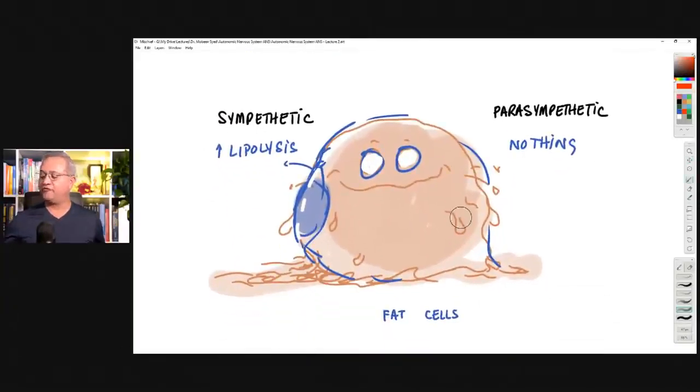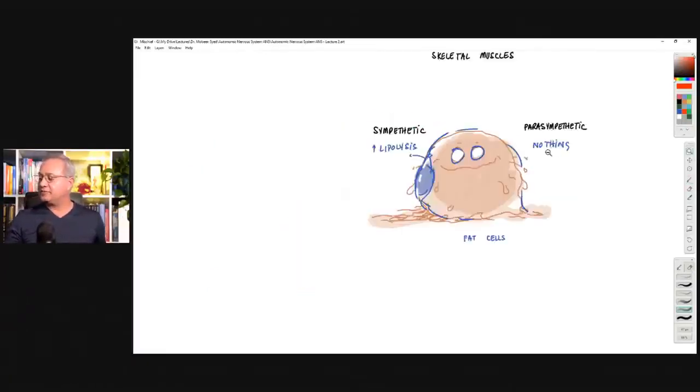Last part, fat cells. What do you think they should do? Sympathetic system, fat cells would quickly release the lipids from inside of them to say, all right, extra energy material. So lipolysis, lipid breakdown will occur, and the lipids would start coming out, just like a candle that has those little fatty things dropping off of them. Imagine this little fat cell is melting away. So it's really not melting away, it is releasing the fats. So lipolysis would occur. Parasympathetic, nothing.